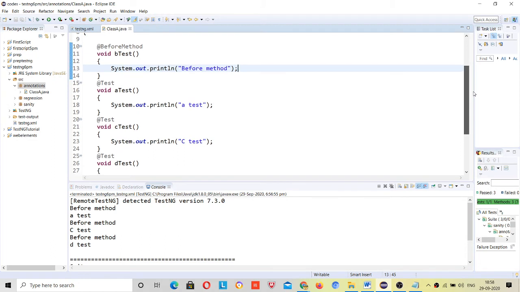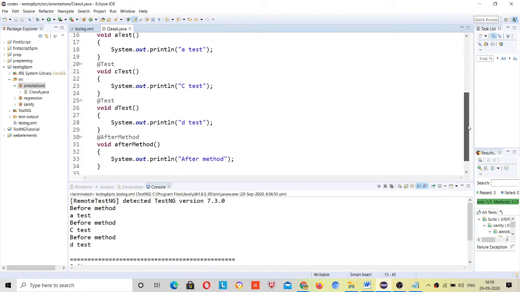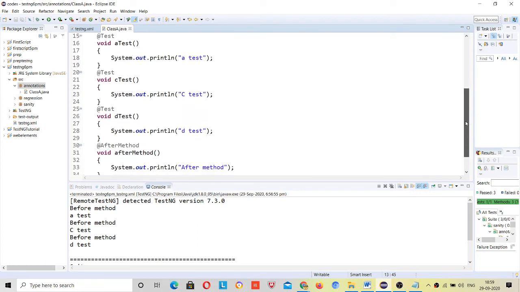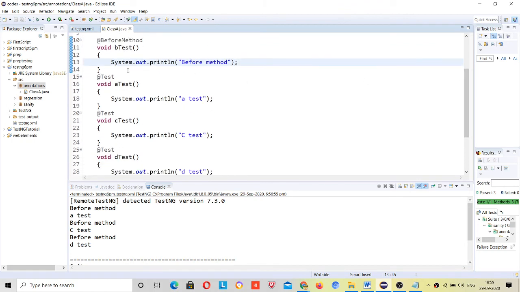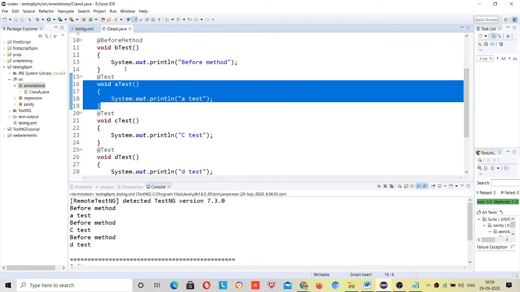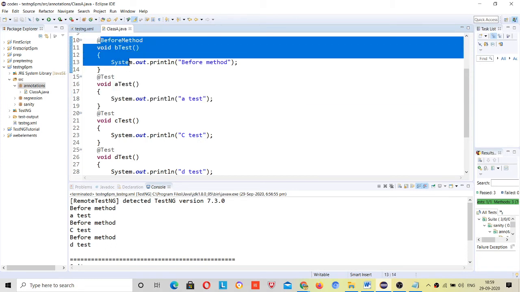Before running each method, I have to run before method, right. And it will look how many after methods are there. How many normal methods? 3. So after method will also run 3 times. Similarly, see, first of all it will run A test, and before running this, it will look that I have before method present, so I have to run this first, then I will come to this, right.